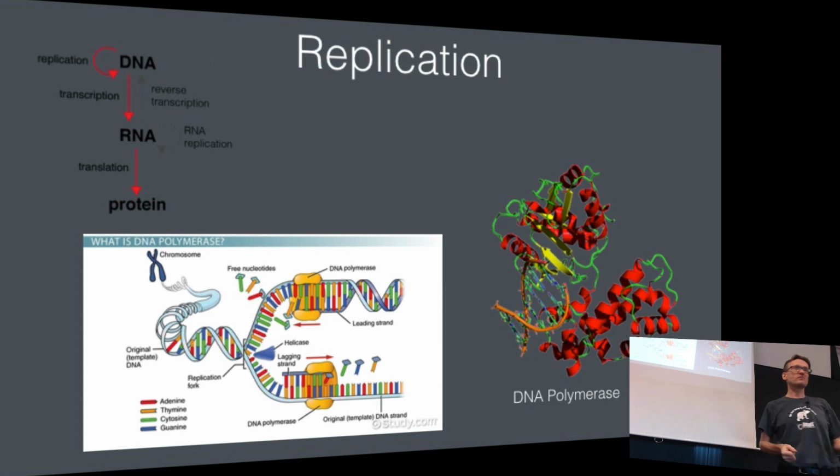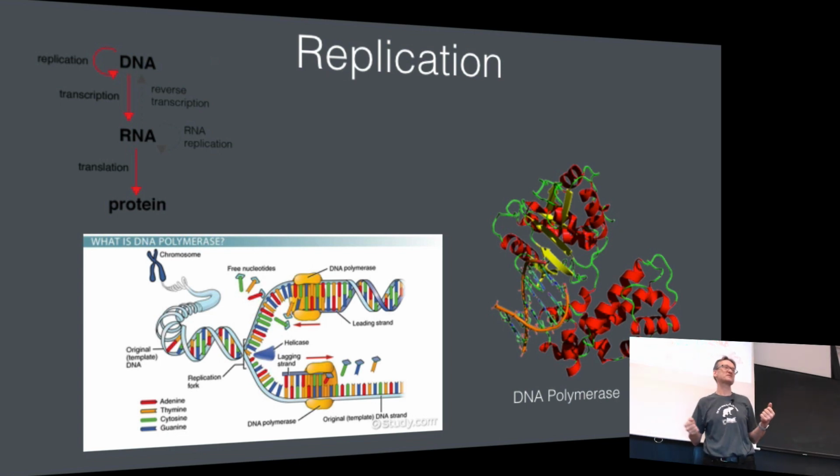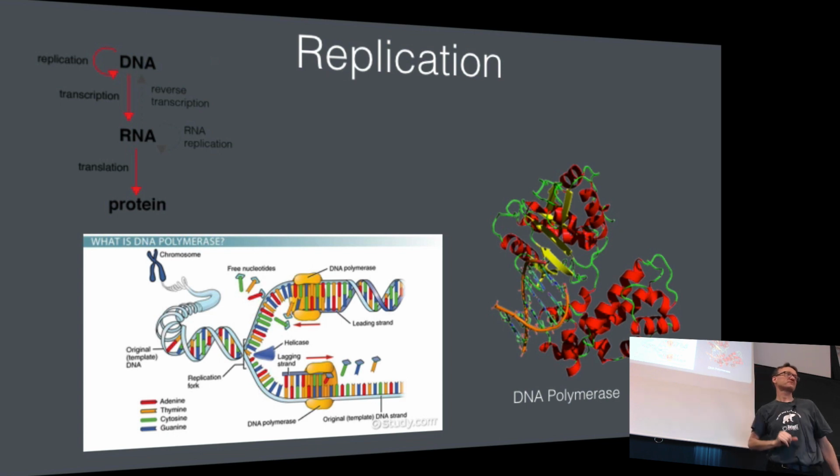And we're going to need a small machine to do this. And remember what I said the first part of last lecture. If you need a small machine to do something, what would your first guess be? It's a protein. So we need some sort of protein doing this. This protein, of course, is also encoded for in DNA. So then we have a bit of a chicken and an egg problem, but let's not worry about that for now. So this is a protein called POLD or DNA polymerase.